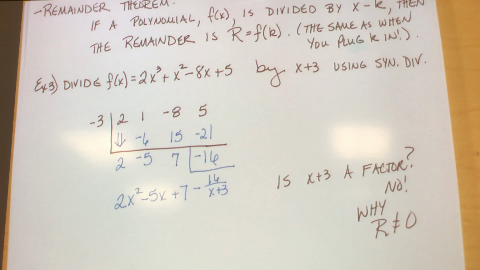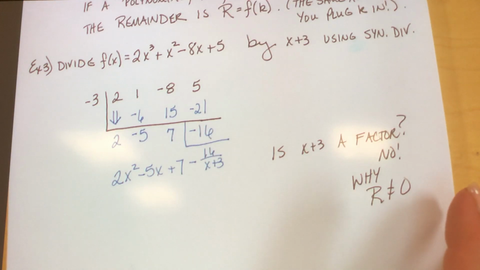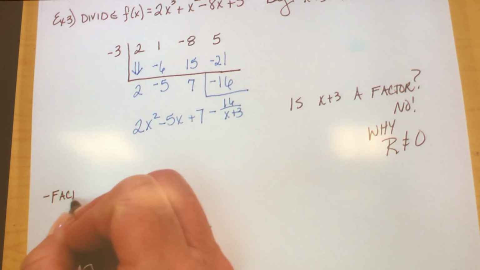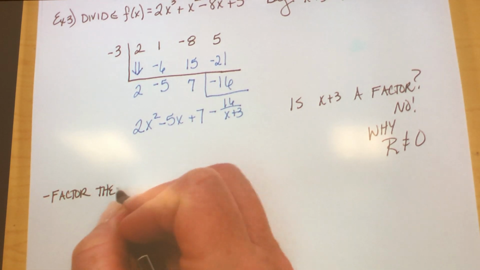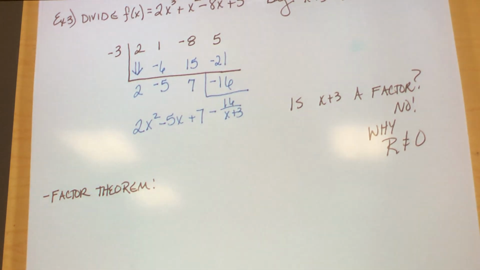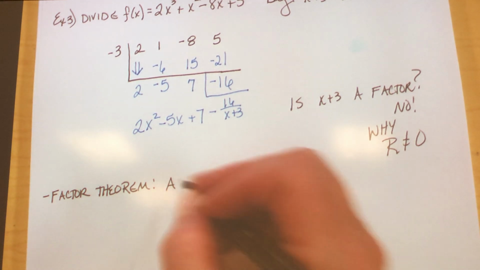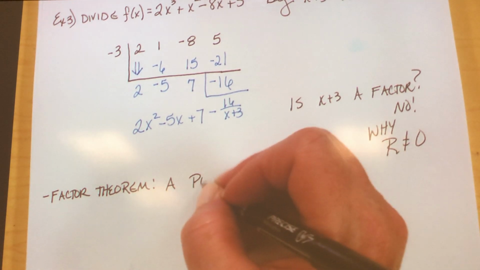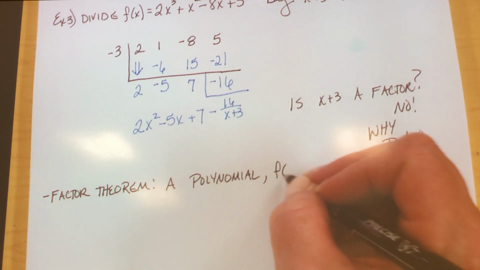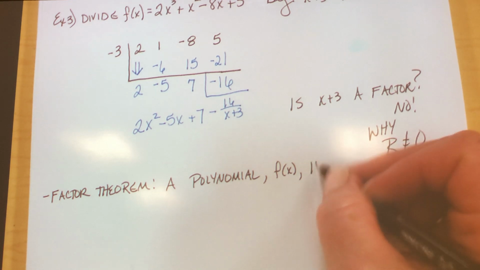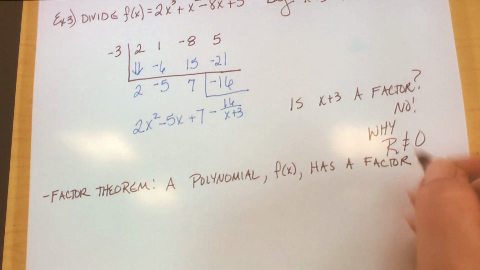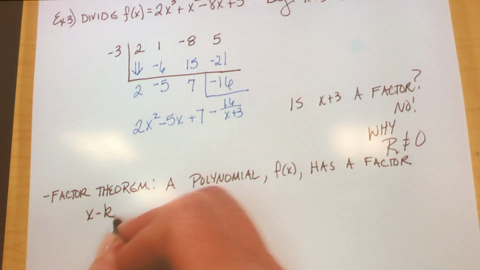So that's what we're going to do. But before we do it, we're going to write the factor theorem. More theorems? Yeah, the factor theorem. Now, listen to me. The factor theorem is going to say just exactly what we just got finished saying in our own little words, but it's going to say it technically. A polynomial, what are we going to call him? We're going to call him f of x, has a factor x minus k,